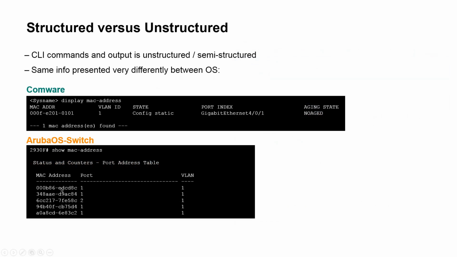But the problem is you have to be able to tell the software, this is the MAC address, or this is the MAC address. And when you have differences there, you have to write code around this output to tell the device this is what a MAC address is. A computer can't just read that and say, oh, that's a MAC address. You need to write code to tell it that that's a MAC address. So if anything changes, I'm sure you can appreciate, then you need to write more code. So that's really rigid. This kind of way of getting information off of a device is rigid.